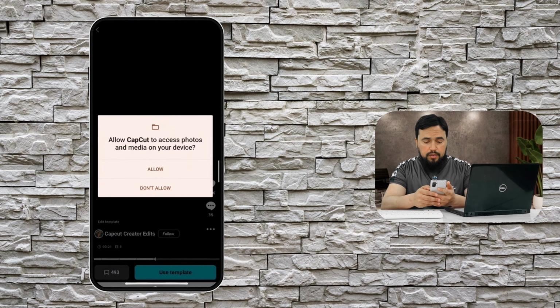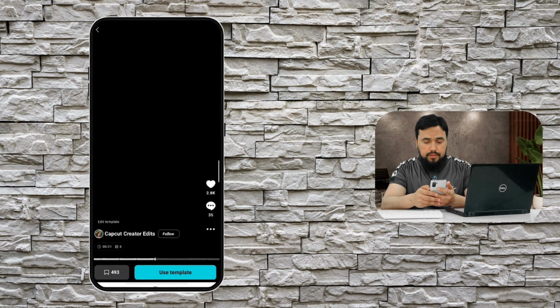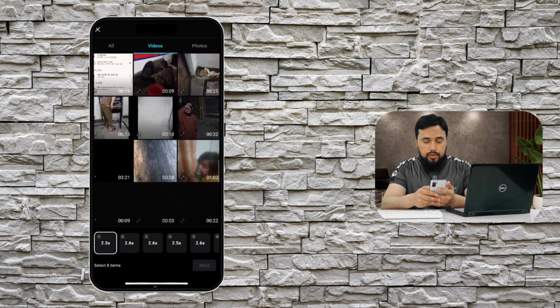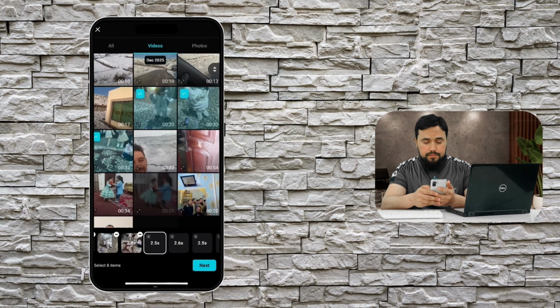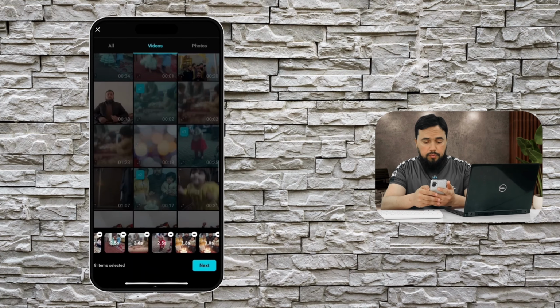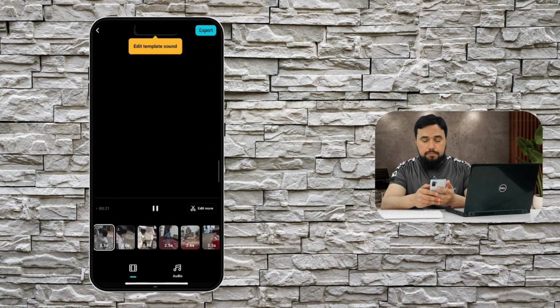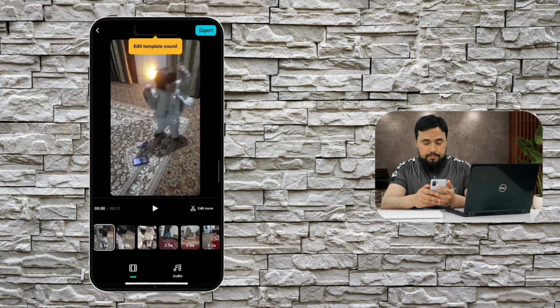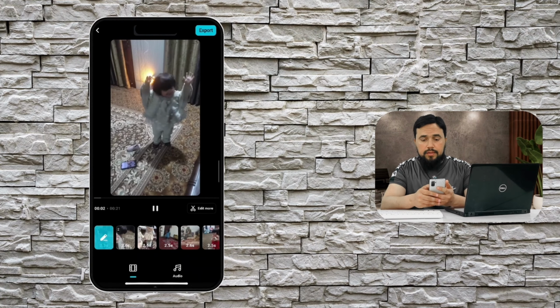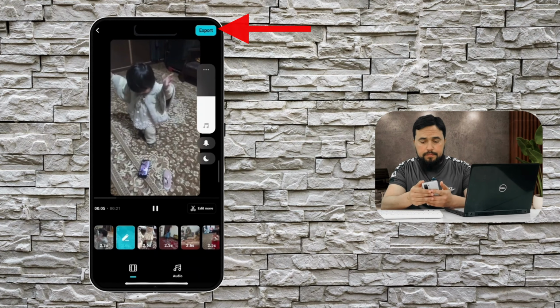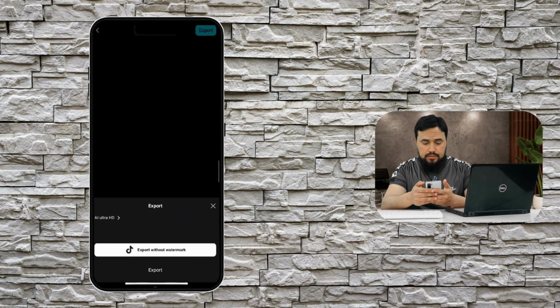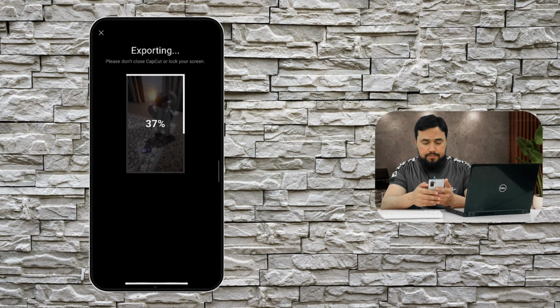and then click on allow option and then select your video. Here you can see on which video you want to apply this one template, and then click on the next button and finally click on the export button above. Click on it. The exportation will start here